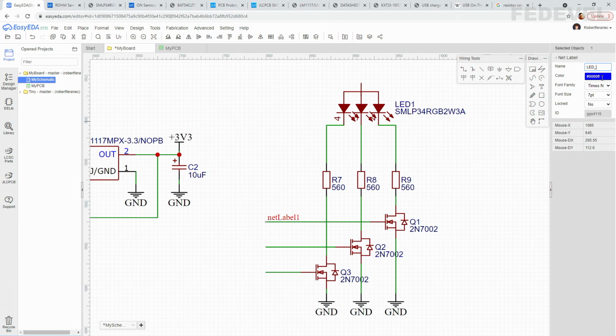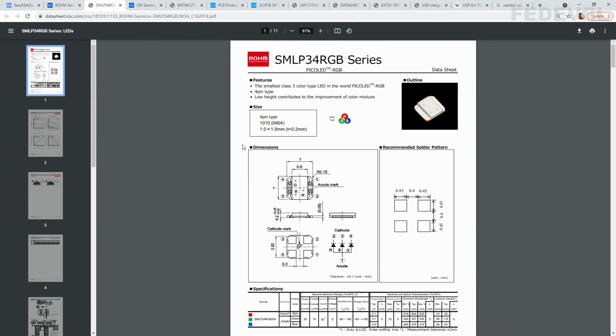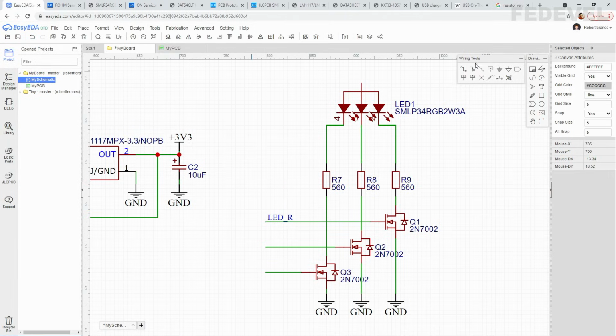LED R. Pin number 3 is the blue LED. So click on this net label, left click here, escape, left click to select it, and change it to LED B, enter.